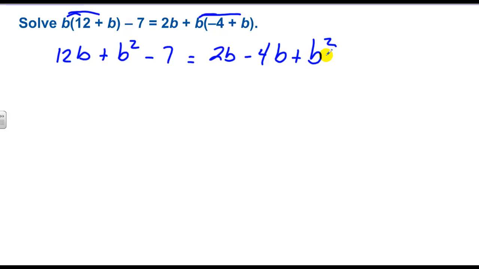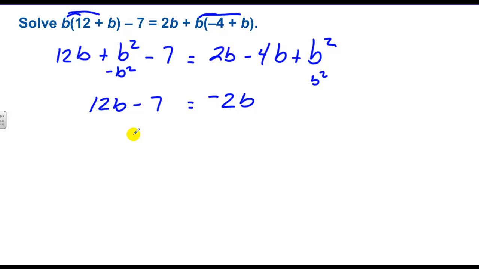Typically, we want to get all the variables to one side of an equation, so I'll subtract b squared from both sides, and you'll notice that the b squared terms go away, which is good because we didn't really know how to deal with those anyways. That leaves me with like terms of negative 2b when I add those up, and 12b